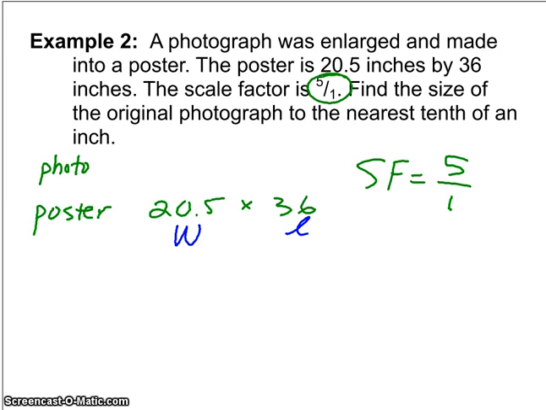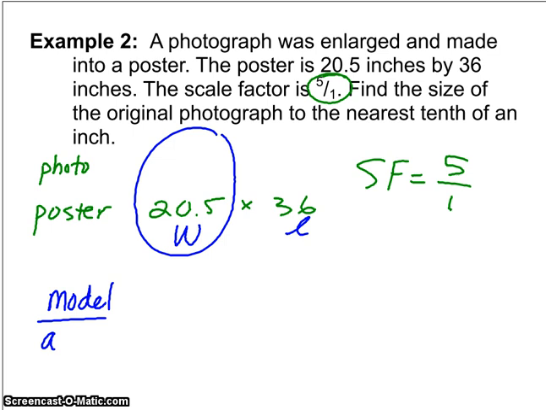When we write up our ratio, the widths are going to correspond with each other. Now think about the poster and the photograph. If I have model over actual,